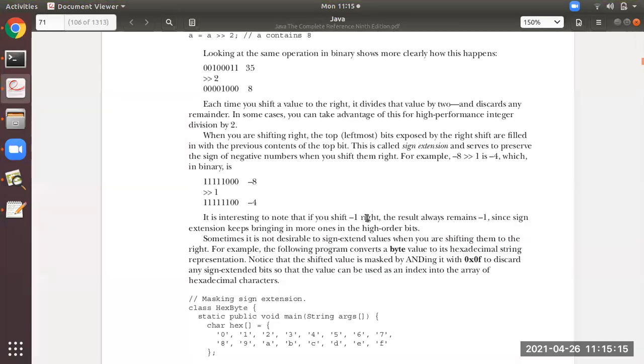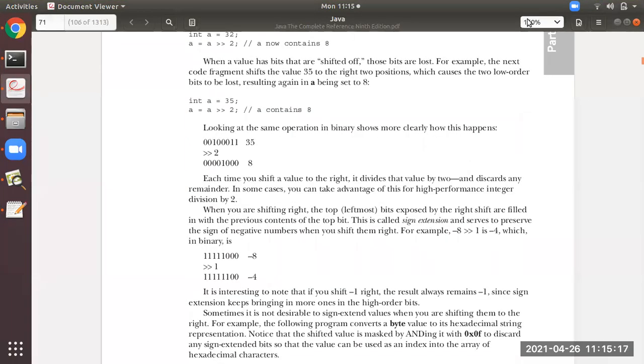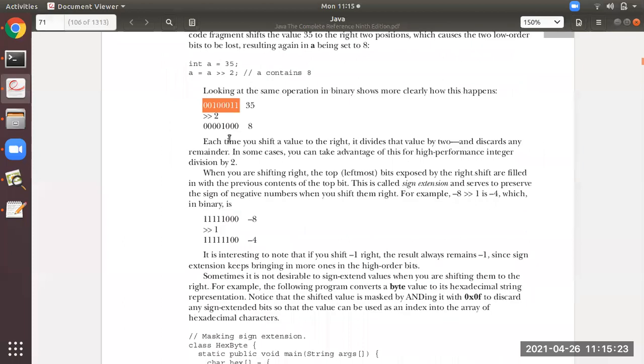So what I was talking about is over here in right shift. See here, 0 is replaced with 0. Over here 1. The new upcoming bit is 1 only over here. This is because to preserve the sign of a number. If this is a positive number, the next number after shifting also will be a positive number. If this is a negative number, the next number generated after shifting right is a negative number.